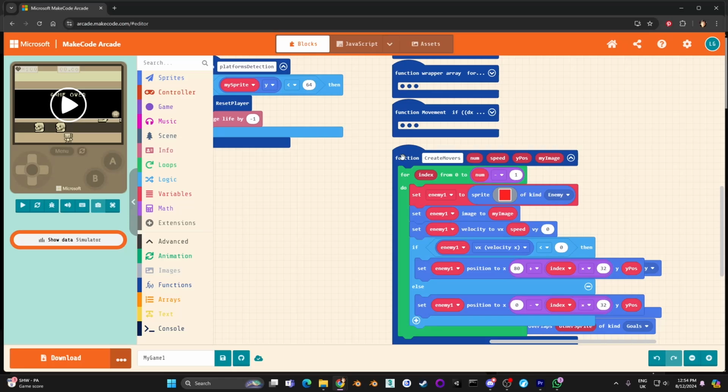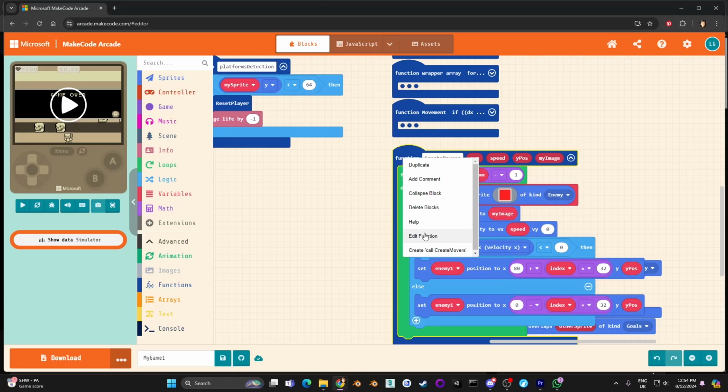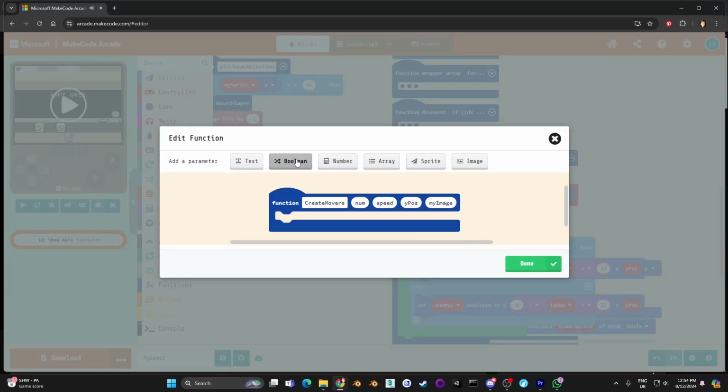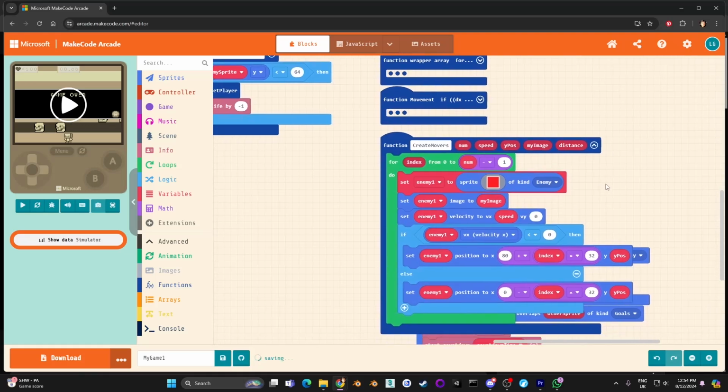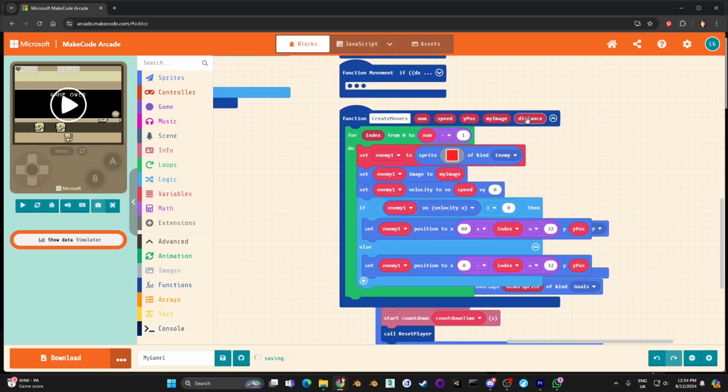So let's edit this, and we're also going to put in a distance function into our create movers, and I'll show you what I mean by that in a second. And it needs to be a small d,